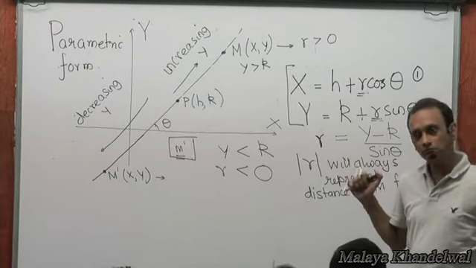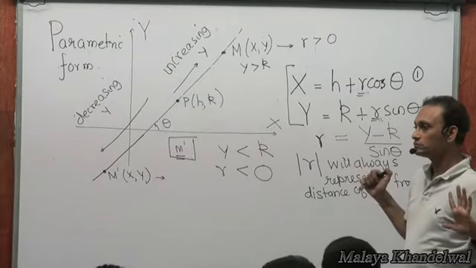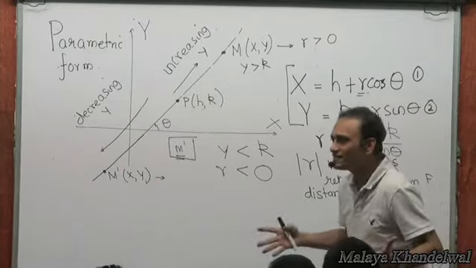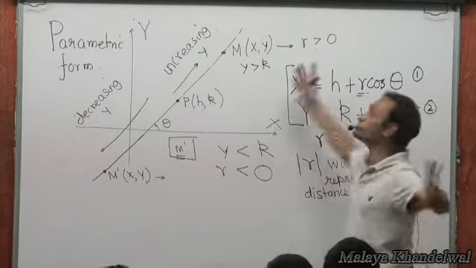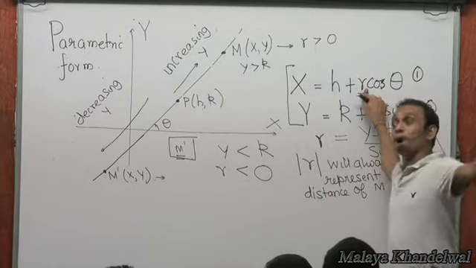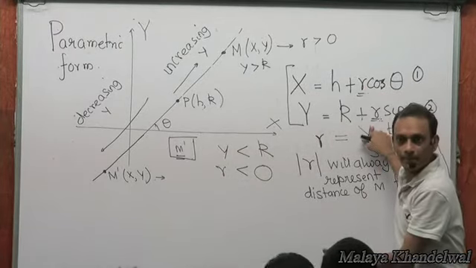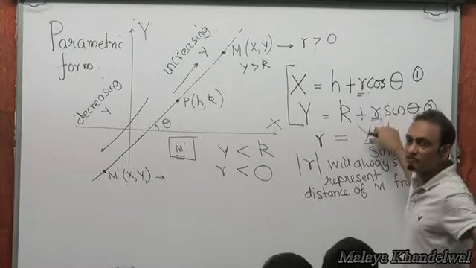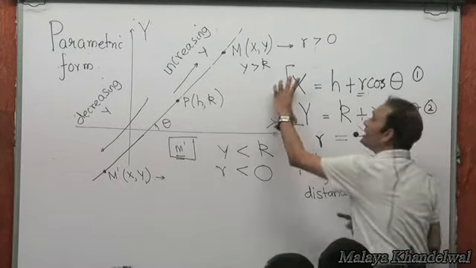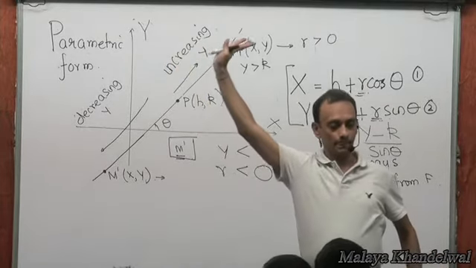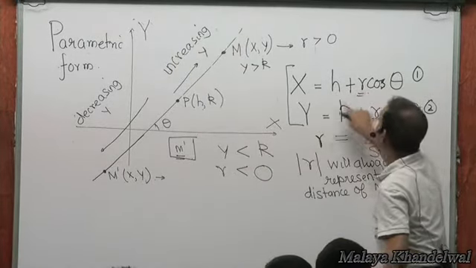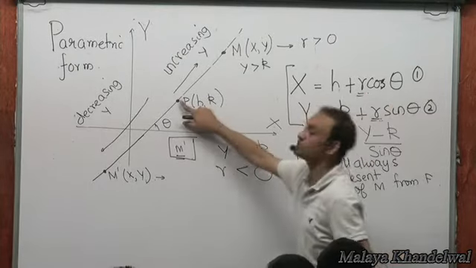Sir, and what is meant by a parameter? Something that could be varied. If I vary r, then I get all sorts of points. R could vary from minus infinity to plus infinity. On varying r from minus infinity to plus infinity, you get the xy coordinates of all points that lie along this line. If r is 0, you get x is h and y is k, which is this point.